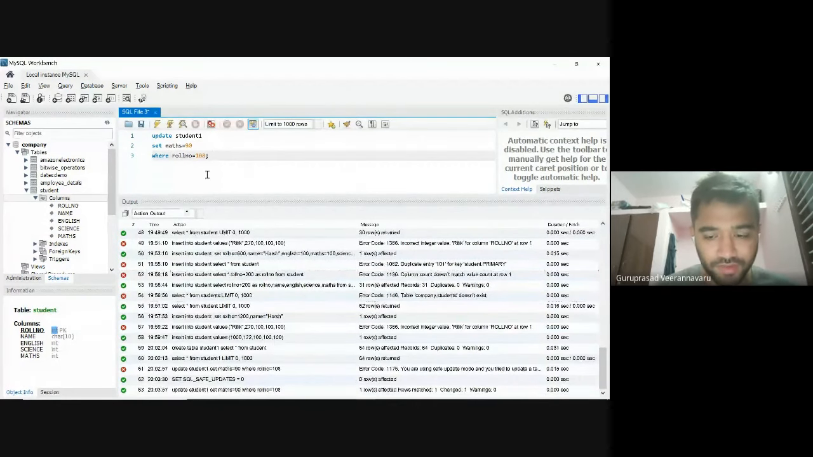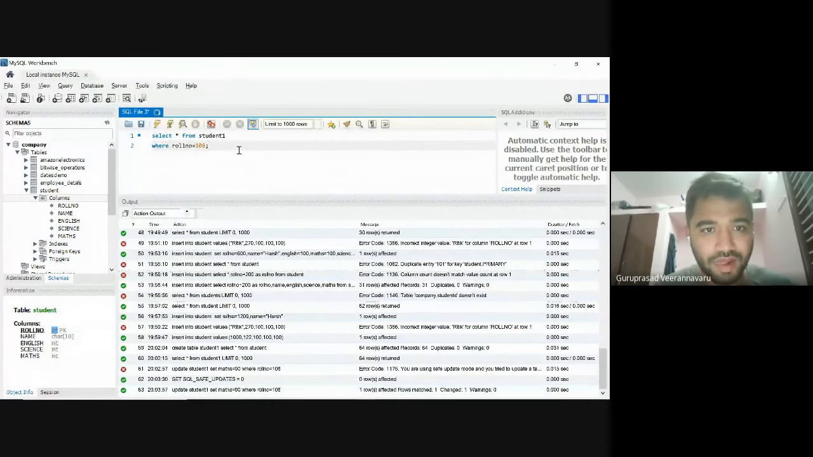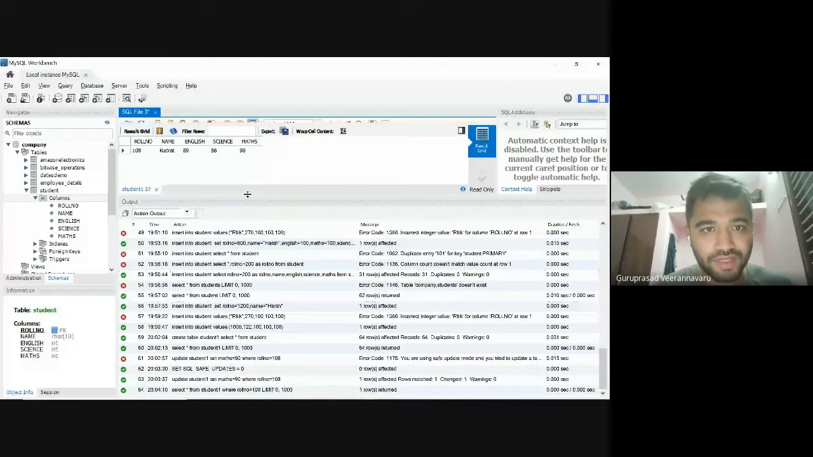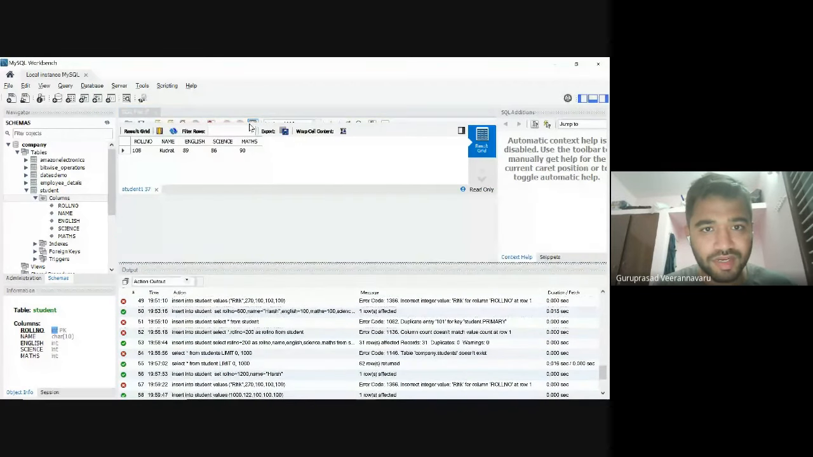I can also check now. Select star from student one where roll number is 108. So you can see, right? Kudrat's maths marks have been updated to